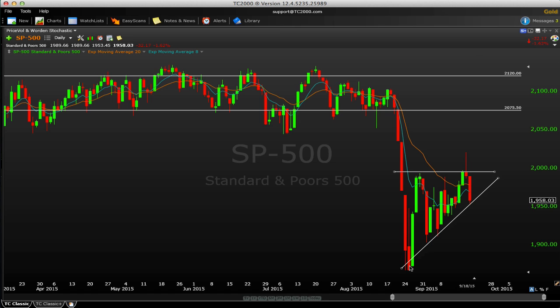So again, I don't think we can lean too much one way or the other. I definitely think that the bears have the ball here, just given the reaction off of basically Thursday and into Friday, and we're going to talk about that a little bit more.